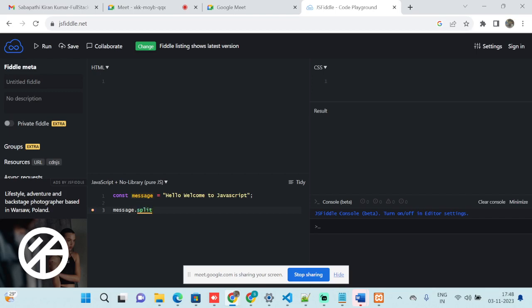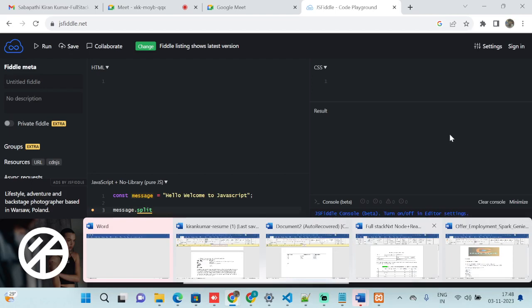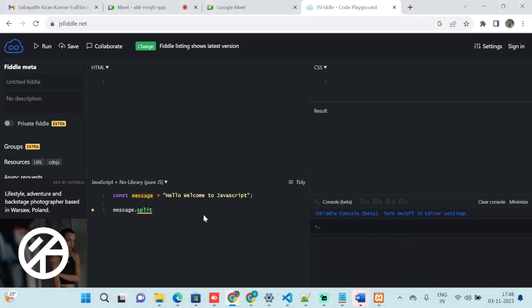Please don't use any predefined methods. Yeah, split you can use. You don't want to use it? You can use it. Yeah, I want you to use your logic, build some logic.